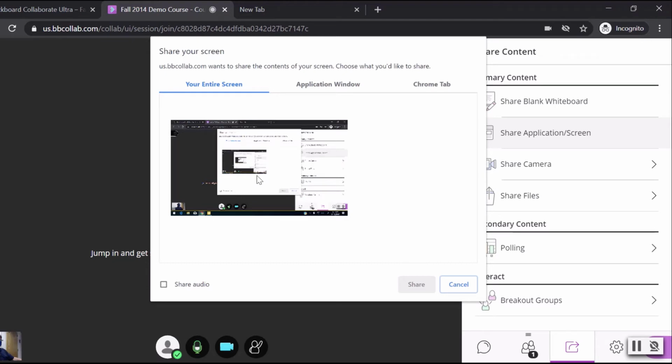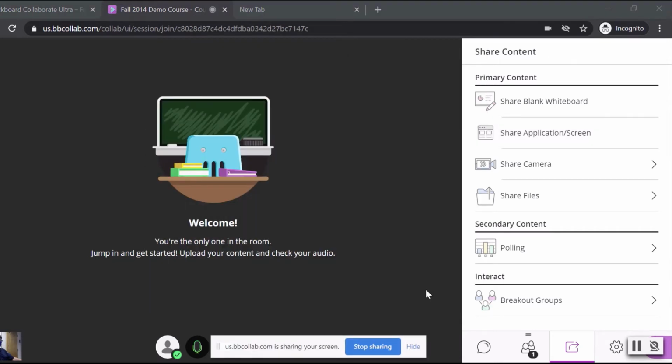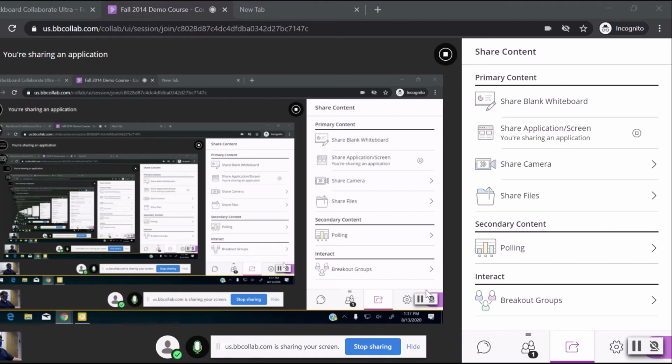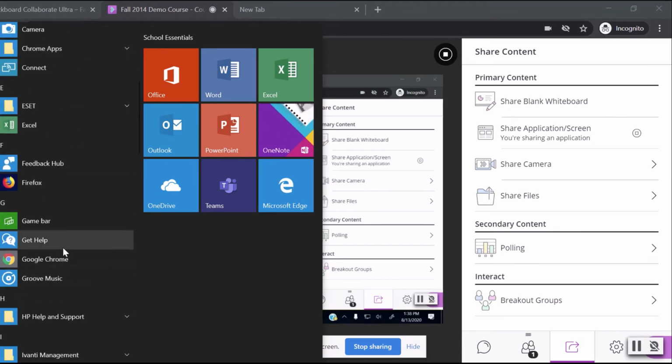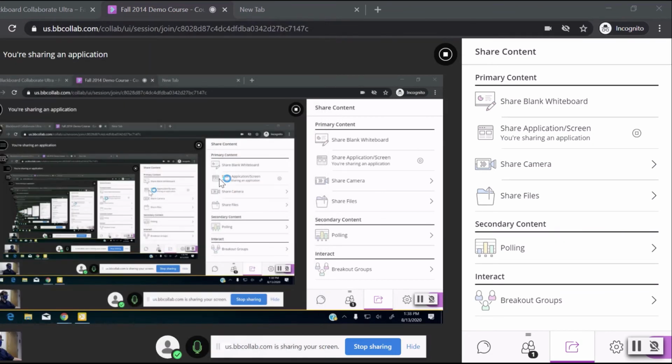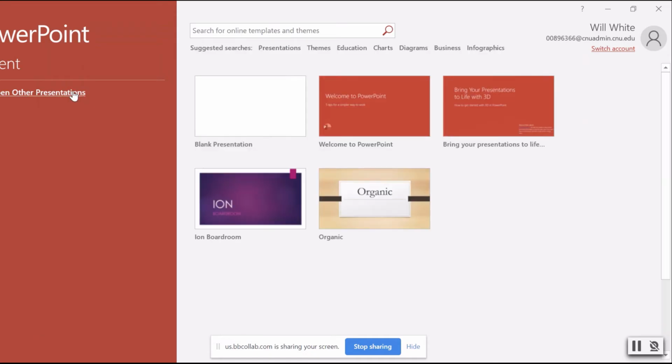So we're going to click here on the screen that we're sharing, and even if you just share one screen, you do have to click that screen and click Share. Now what you're going to see in a second is this infinite tunnel effect. Don't worry about that. What it's doing is it's showing you everything that's on your screen, which happens to be Collaborate, which is showing you everything on your screen, which happens to be Collaborate, and so on and so forth. Just like the old mirrors on either side of an escalator at a mall. So then, once you do that, you can fire up PowerPoint. And we can open up our presentation.